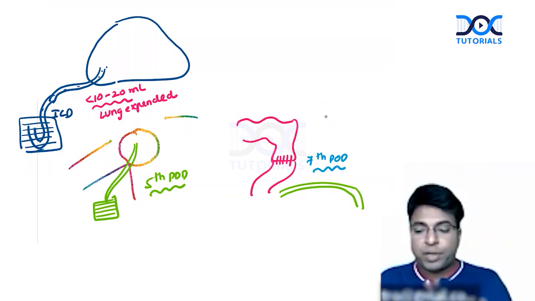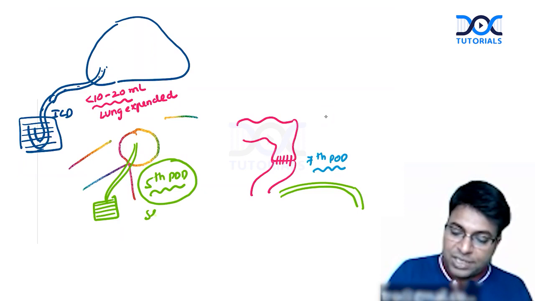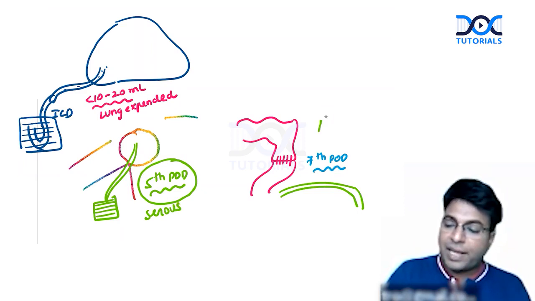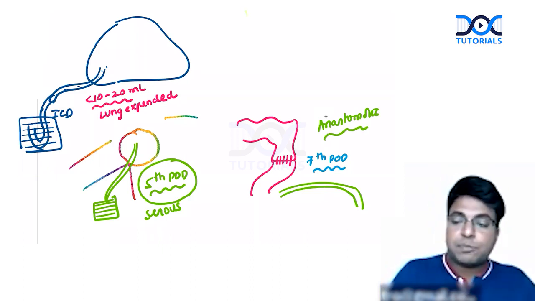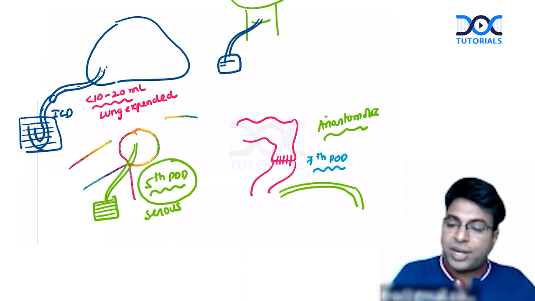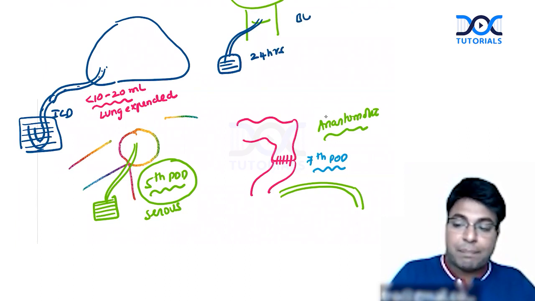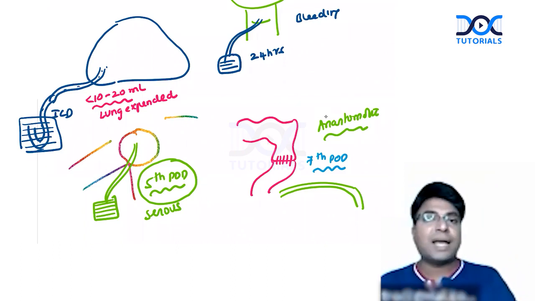So this is a very important question. When will you remove each drain? When I keep it for serous collection, it is on the 5th day. When I keep it for anastomotic leakage, it is removed on the 7th day. When I keep it for bleeding, especially in a thyroid surgery, when I do a thyroidectomy, I keep a drain in the neck. It is also a small suction drain. This will be removed after 24 hours because bleeding never happens after 24 hours. So for a bleeding from a slipped thyroid artery, we keep a drain in the neck for 24 hours.